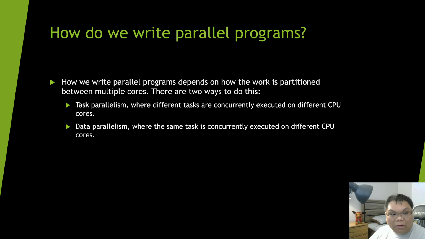So what I was talking about was data parallelism. We run the same task concurrently on different CPU cores. Task parallelism is a little bit different. There are several examples I could talk about, but let's go with a simple one. Say you have a multi-threaded word processor. One thread is listening for keyboard input. The second thread is updating contents on the screen, and the third thread is saving your document periodically.